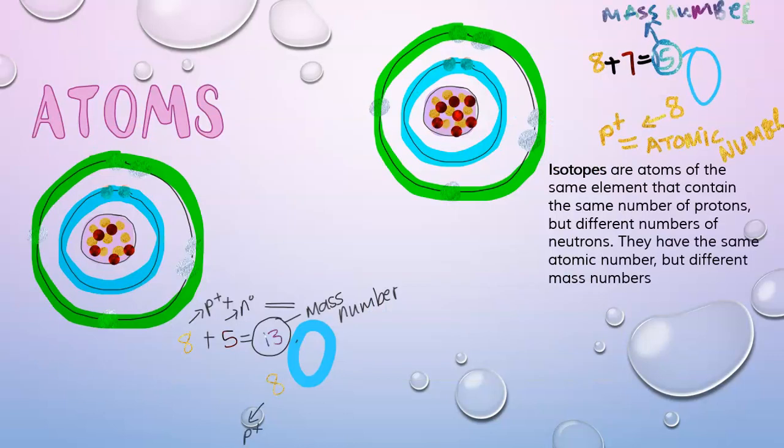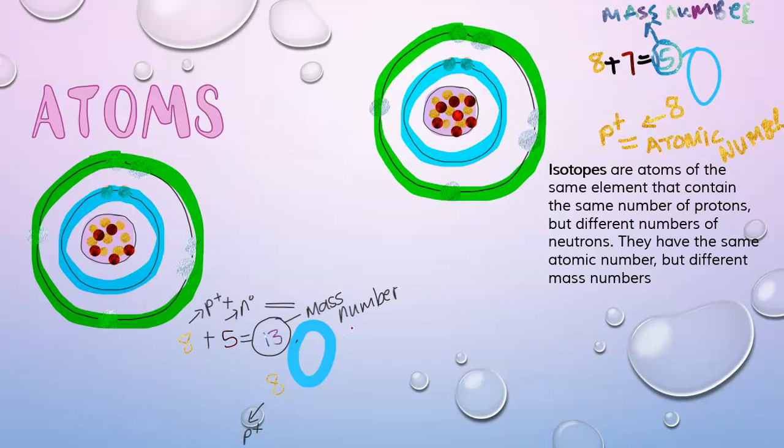For now, you only have to know that every atom will have an atomic number that's on the periodic table, and it will have a mass number that they will have to give you. Now, there are little sums that we can do with isotopes, but I will do those when we get them in the questions. So for now, I just want you to know that there is something called an isotope, that there's a definition that you need to learn,